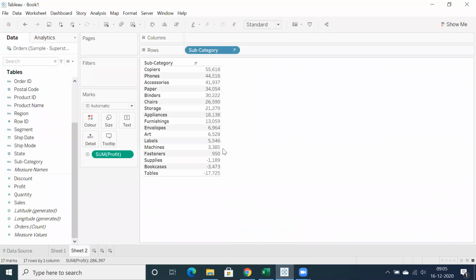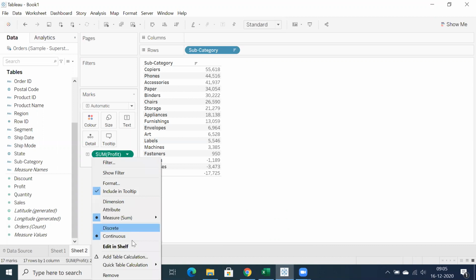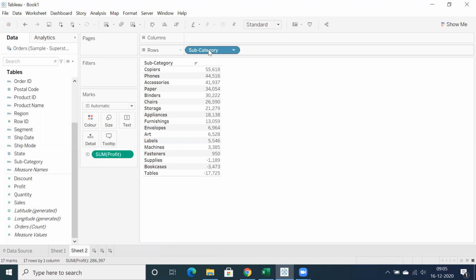One of the advantages of discrete and continuous is that you can convert the measure value to continuous. When you click on this drop down, it is continuous. What is discrete? Discrete is similar to a dimension. As I said, dimensions show in blue color and measures show in green color, right? That's what we learned. But we have a concept where we can differentiate dimensions and measures, or differentiate into discrete and continuous. Okay, what actually is discrete and what actually is continuous?